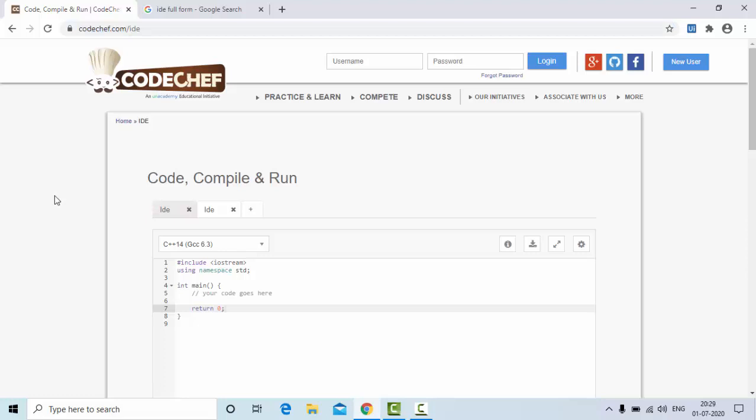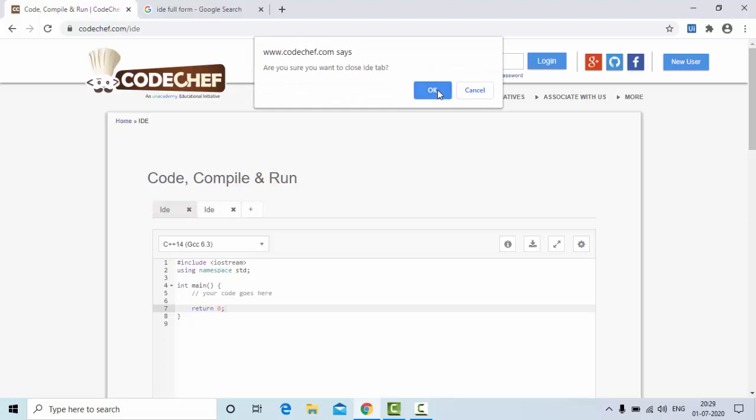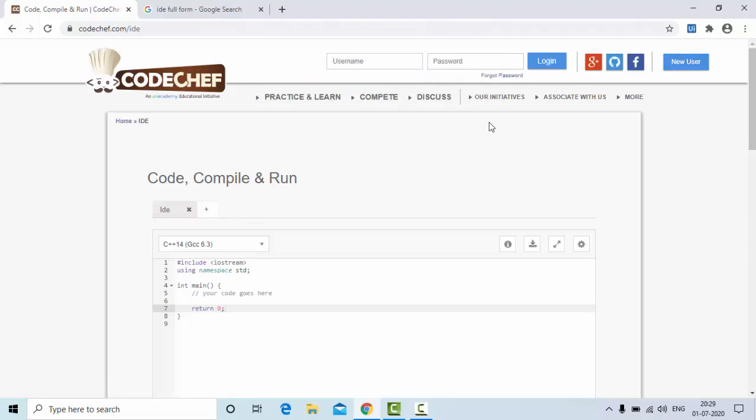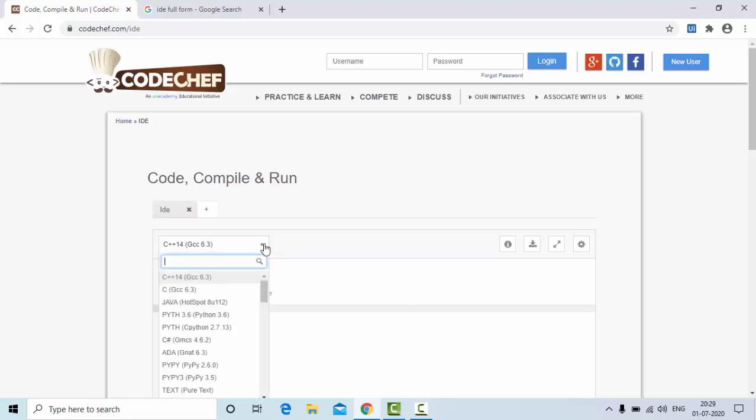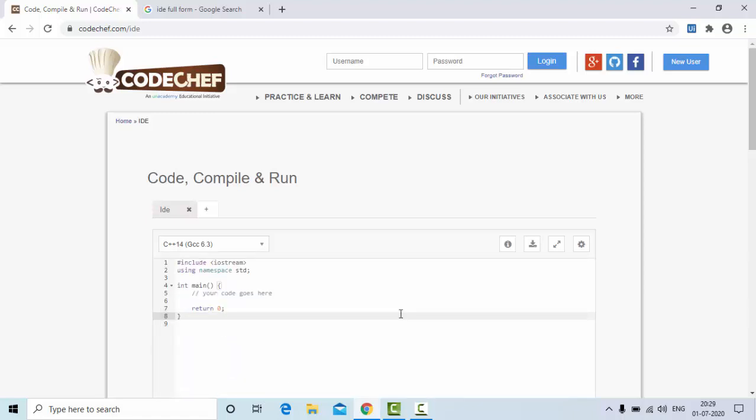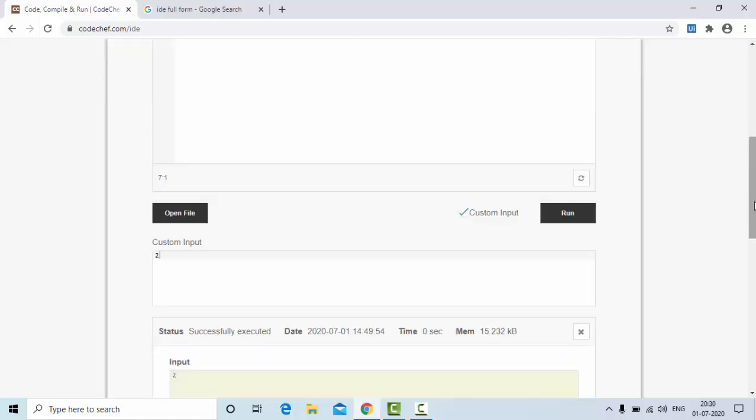Actually, CodeChef is one of India's leading competitive programming platforms, and the IDE is one thing they are offering to any user for free, and you don't have to log in as well. As you can see, I have not even logged in. I'm just using this, and they support a variety of languages. You name it, they have it here: C, C++, Java, Python, C Sharp, ADA, Ruby, PHP, Go, TCL, so many languages, and for every language the user interface is the same, guys.